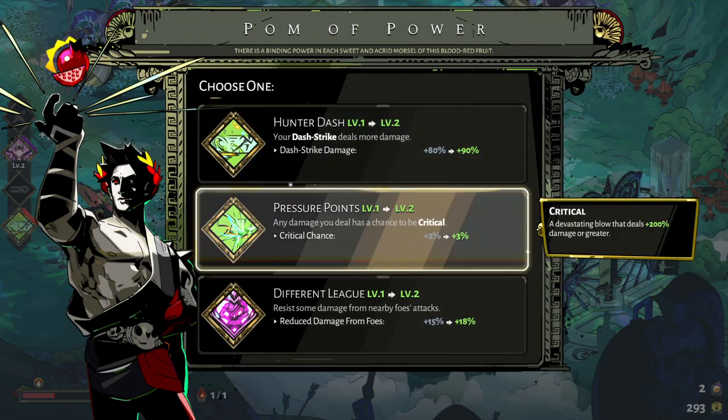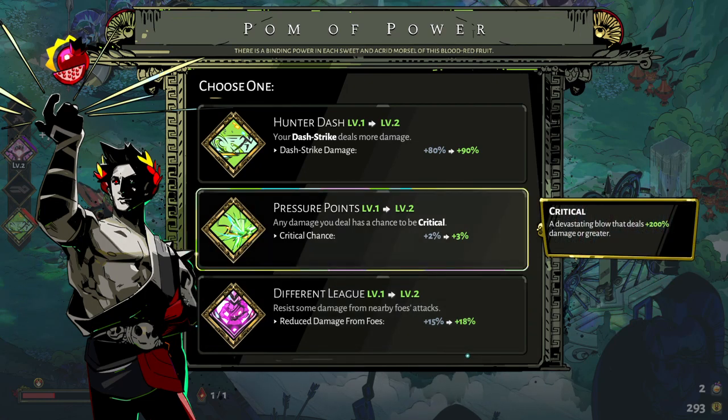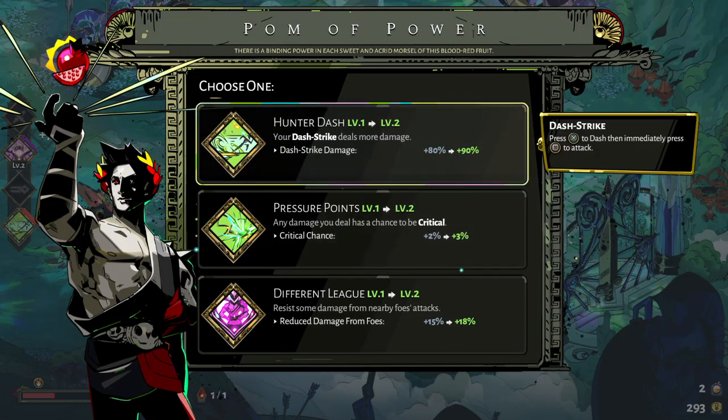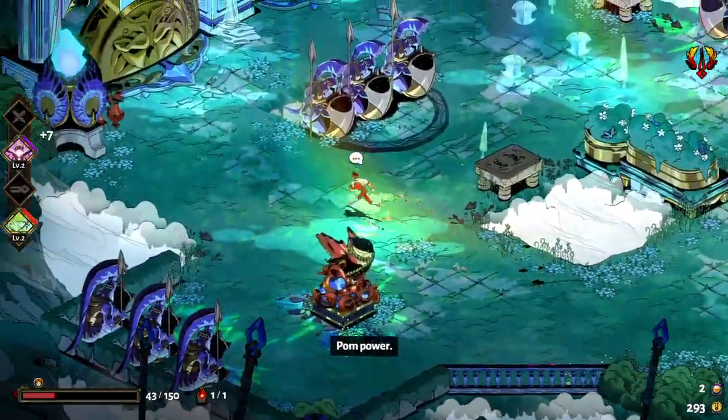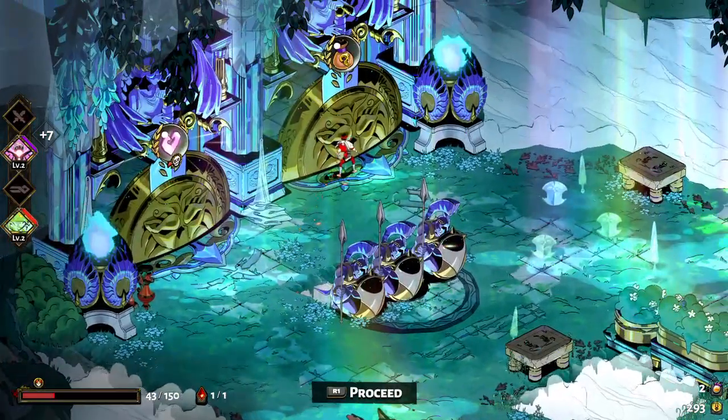Alright, so I can do more damage when I dash, I can take less damage, or I can get more critical damage. I know it's only an extra 1%, but getting triple damage 1% more often is a bigger deal than it sounds. It's a bigger deal than getting 10% extra on your dash strike, I think, or is it? I don't know. I think I'm just gonna go with this. Palm power. I'm dash striking all the time, so...